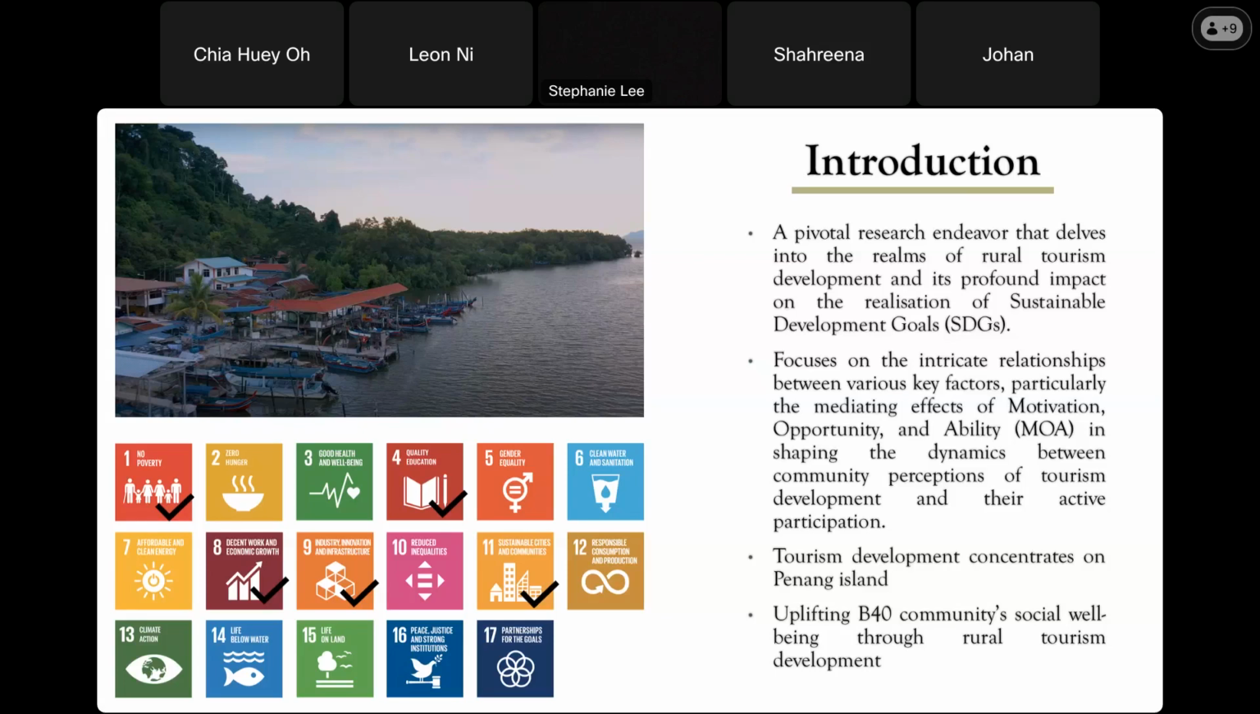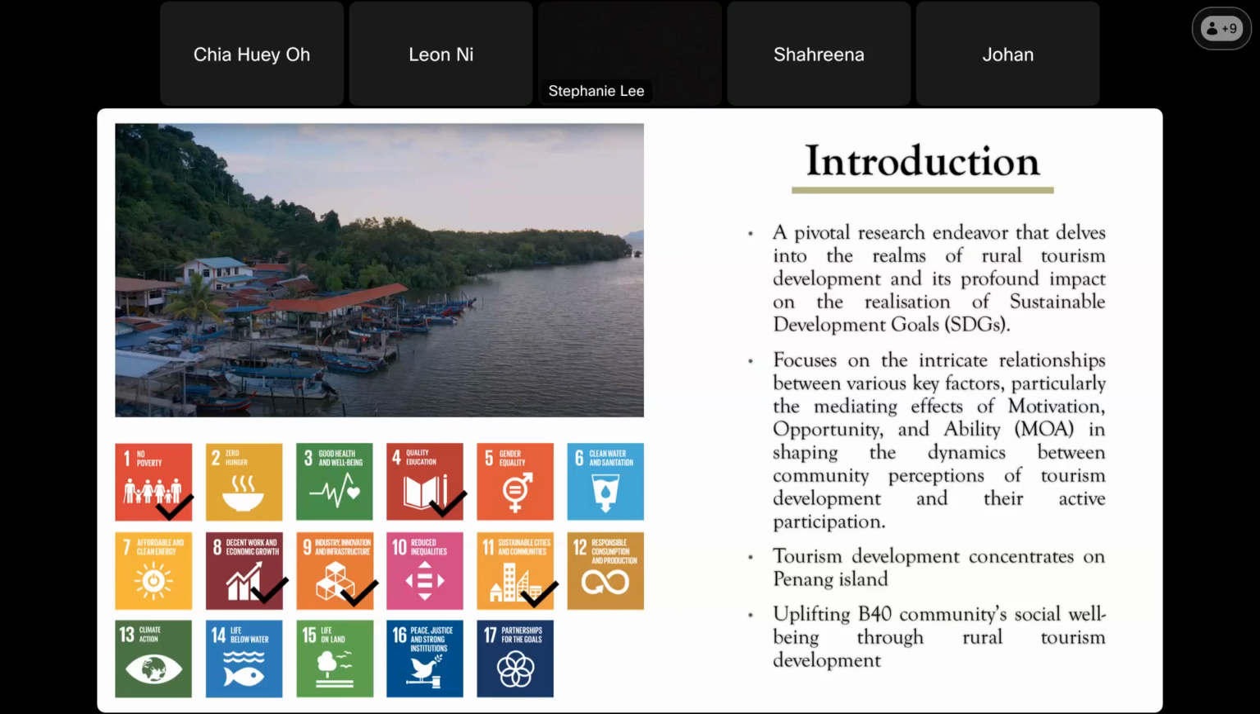Neil Kaur actually proposed crowd displacement to Butterworth, which is on the mainland, just across the Penang Bridge, to solve the issue of over-concentration of tourists in Penang Island. So this is why we are doing this project by choosing Kuala Juru as one of our research sites. Okay, so